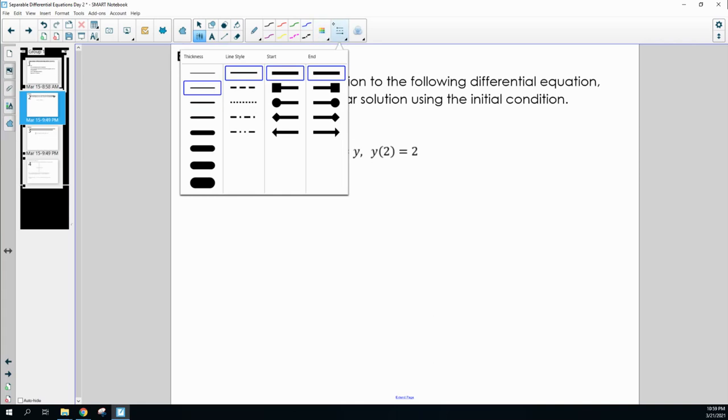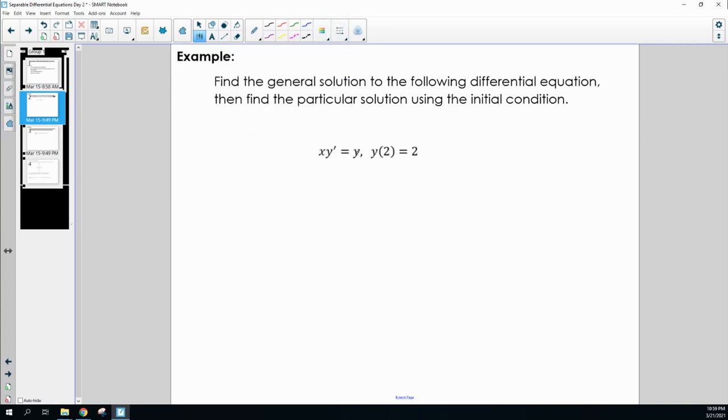So in this example, we have xy prime equals y. First off, we're going to use that information to find the general solution, and then we have y of 2 equals 2, and we'll use that initial condition to find our particular solution. So we want to remember that y prime is the same thing as dy over dx. So this would really be like x dy over dx